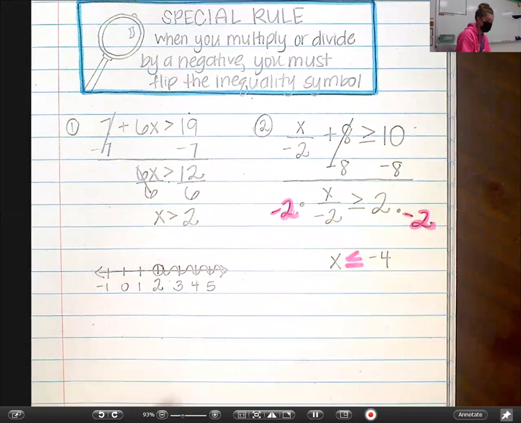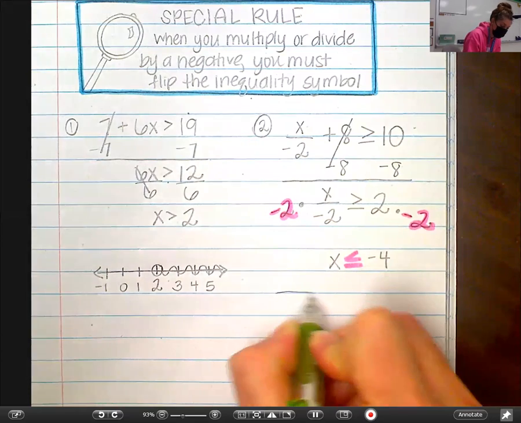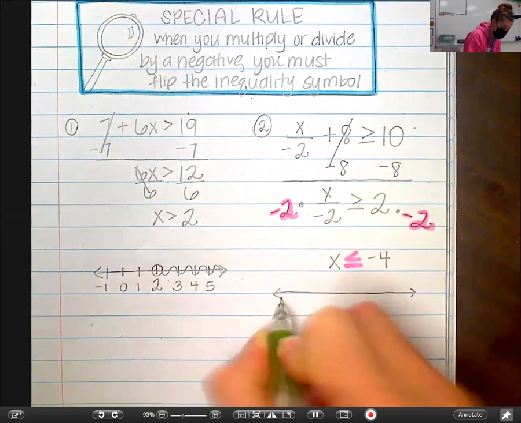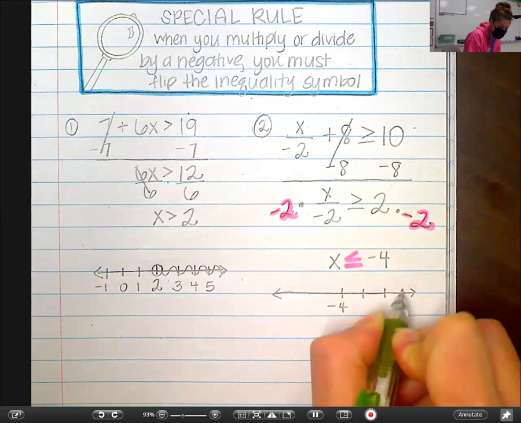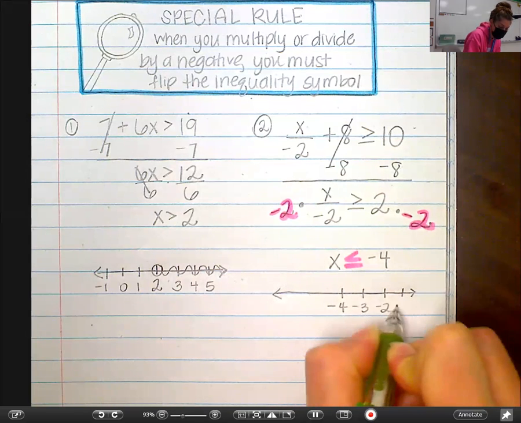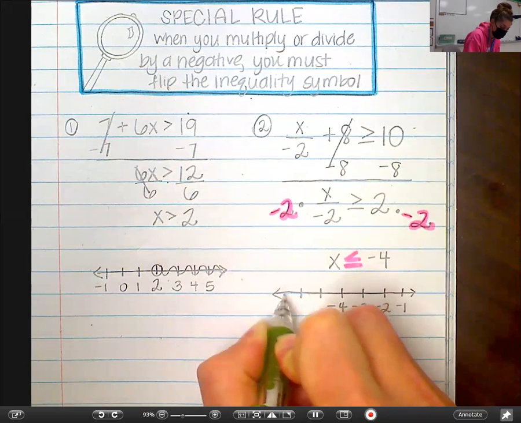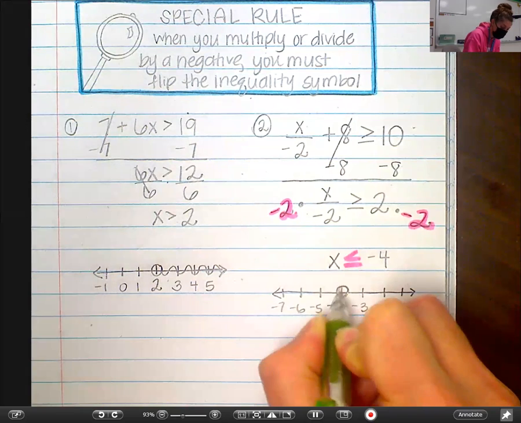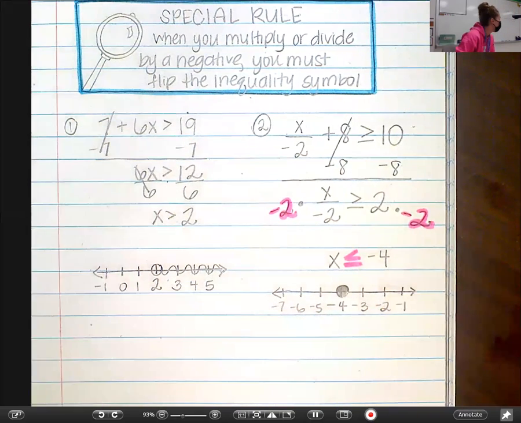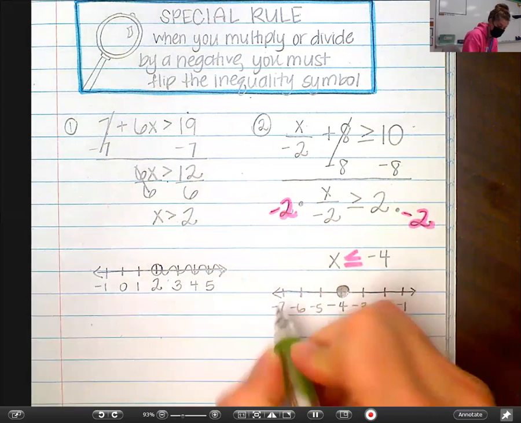So let's graph that, and then I'll show you why that happens. -4 in the middle. Is a closed circle. And the less than